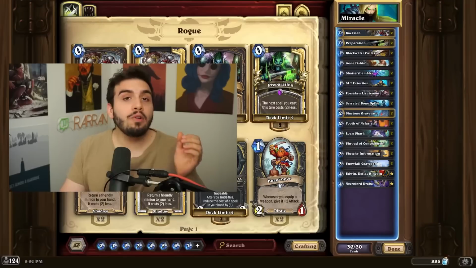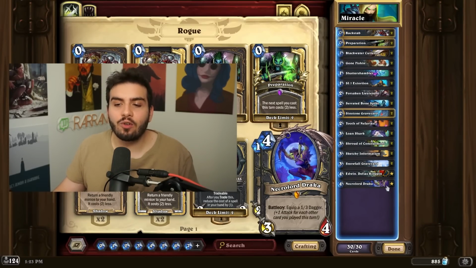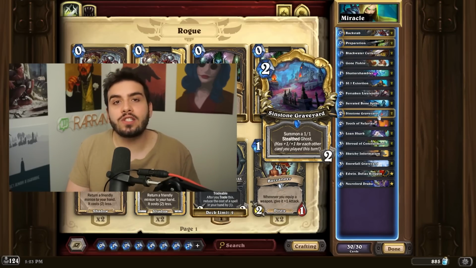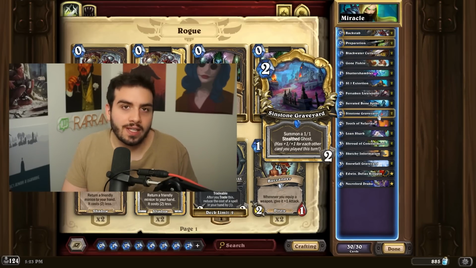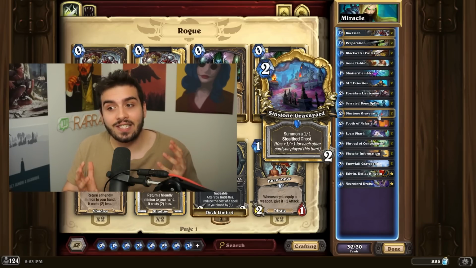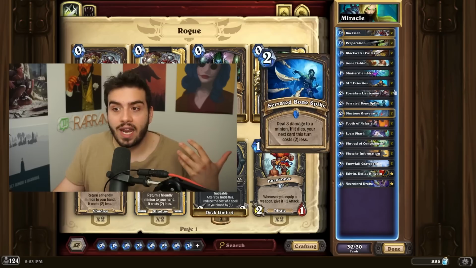Miracle Rogue is a deck once again because of basically Necrolord Draka, but more importantly, the Sinstone Graveyard, which is arguably one of the strongest cards that we can see in the expansion. It's basically summoning an Edwin Van Cleef with stealth. It's pretty great. And as you could probably imagine, the whole deck is around just you getting a bunch of